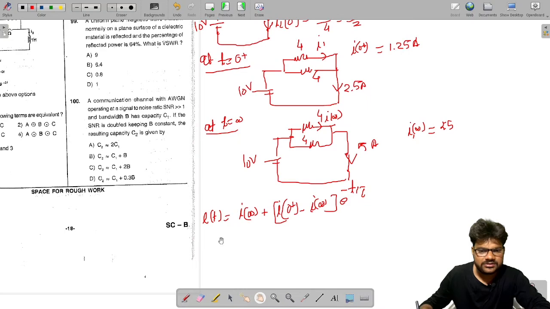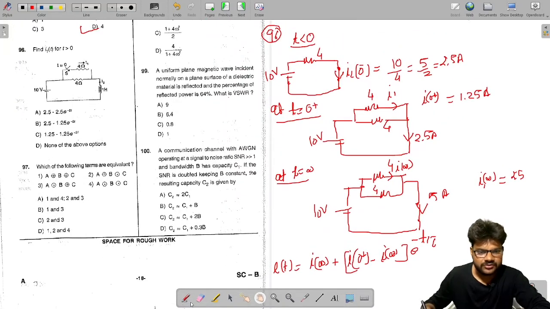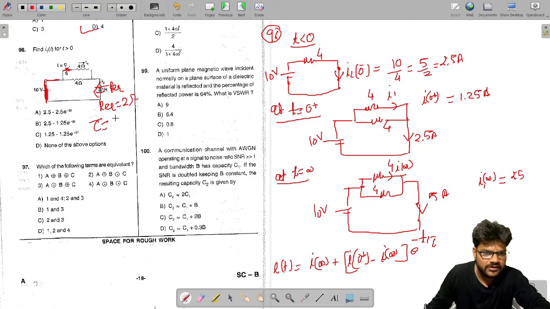So to find out this tau at t equals to 0 plus, what will happen? At t equals to 0 plus, we will make the circuit and we will find out this. So at t equals to 0 plus, this switch will be on, and from this if you look at R equivalent, how much R equivalent will be? This 10 volt battery will also be shorted, because to find out RTH we remove the independent sources. So only this 4 ohm and 4 ohm will be in parallel, and from this R equivalent we will get 2 ohm. So tau we will get L by R equivalent. So L by 2. L is how much? 1 Henry. So tau we got 1 by 2.